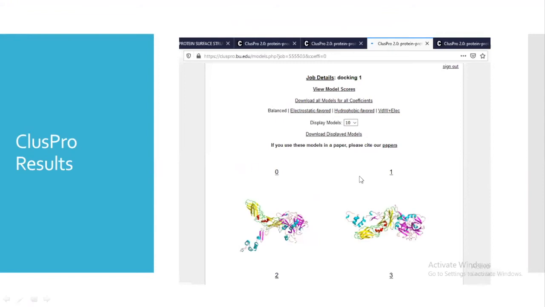First look for your job name, and if it shows finished, click on the ID against it. Then you will find this. In display models, you can choose 10, 20, 30, as many as you want, and then you can go for view model score. Based on the best model score, you can select the top 5 or top 10.